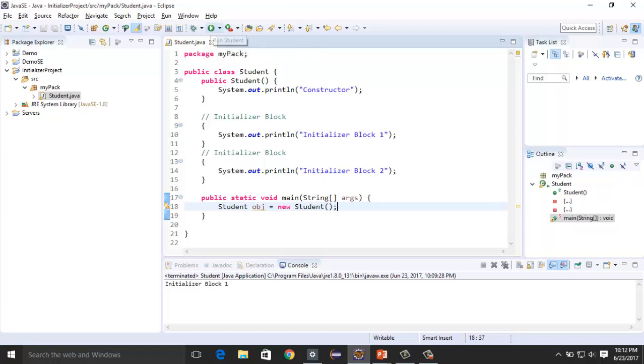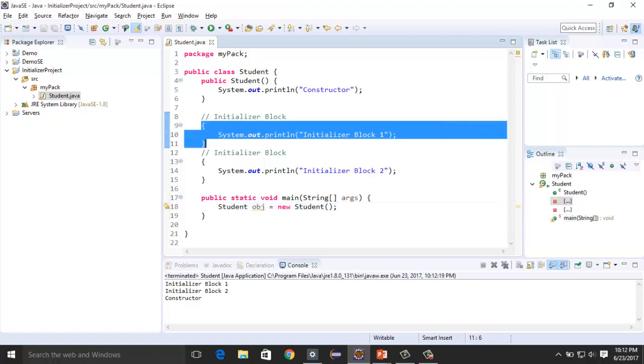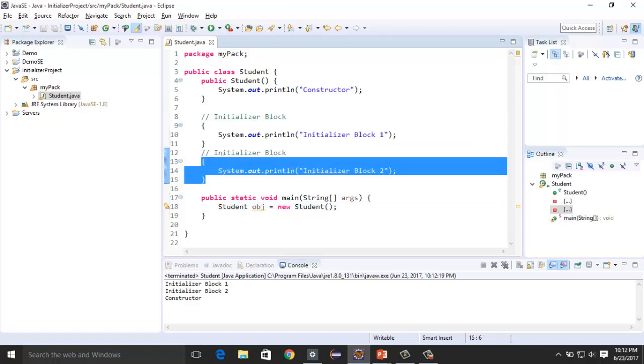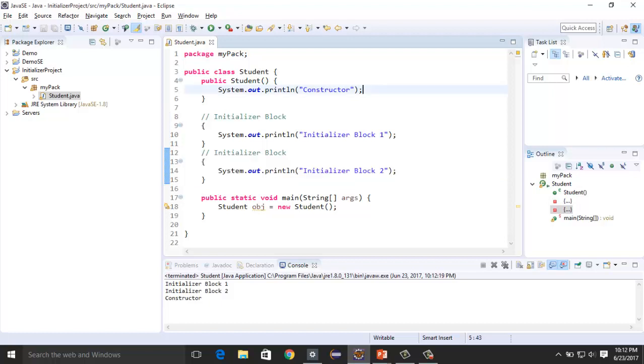So let's print. Yeah, here is, first this initializer block gets invoked, and after that this one, and after this constructor. So it's proved that initializer block gets called after parent class constructor.